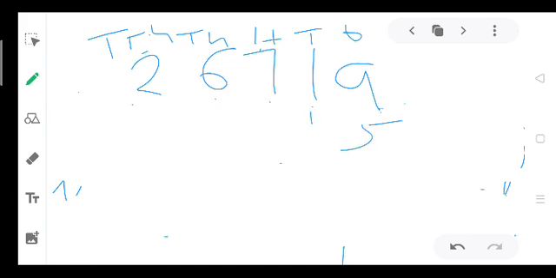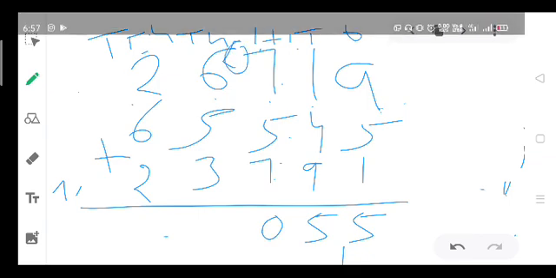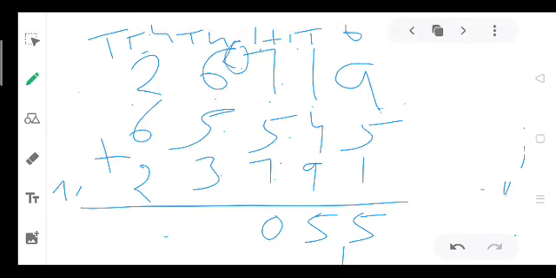Then 54556. Then third one 19732. Now you will add it. 5 1 carry, 5 1 carry, 7 1 8 5 13 and 7 20. 2 will be carried. 6 2 8 5 13 3 16, 1 will be carry, 6 to 8 to 10 and 1 11. Now mark the period.